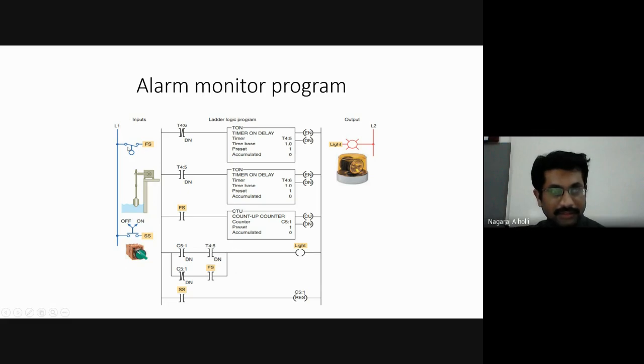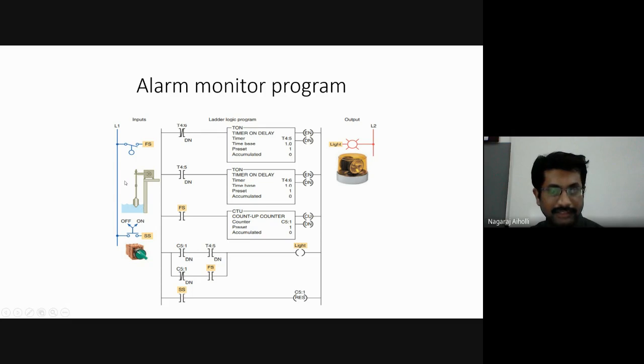This is the float type of sensor, FS. This is the float level sensor which is connected. It will sense the height of the liquid in the tank. As the height of the liquid reaches the limit, just like the overhead tanks used in our houses, once it reaches the level, the ball valve will be activated, the valve will close, and the motor stops pumping into the overhead tank. Correct? So, same process here.